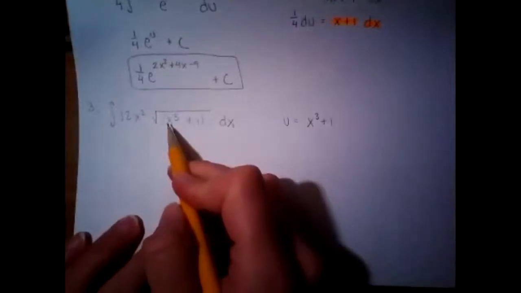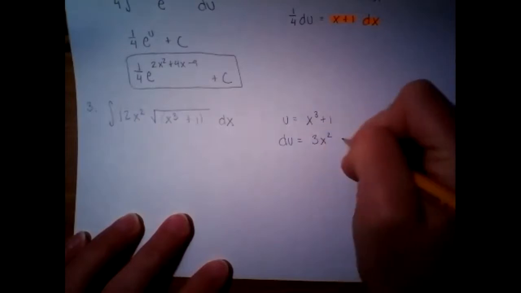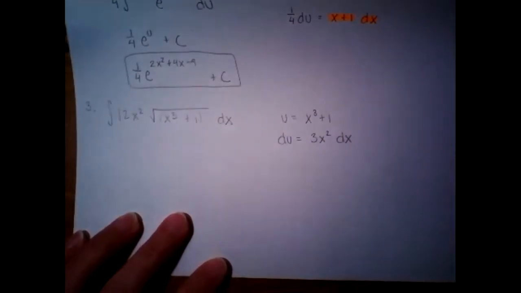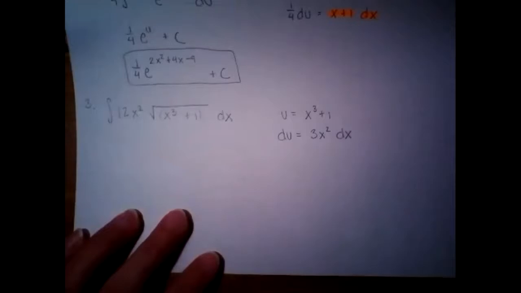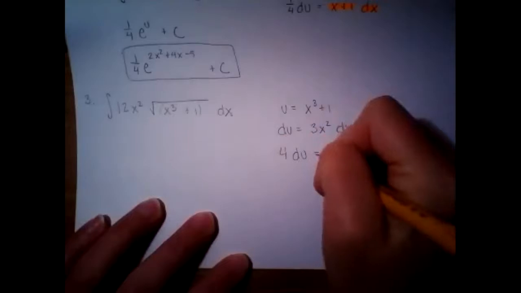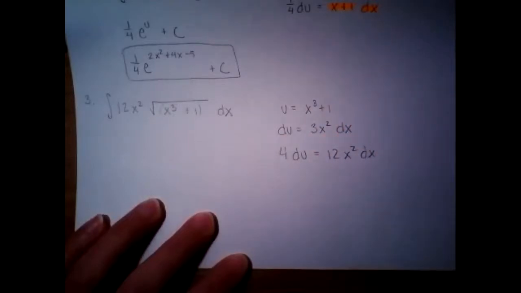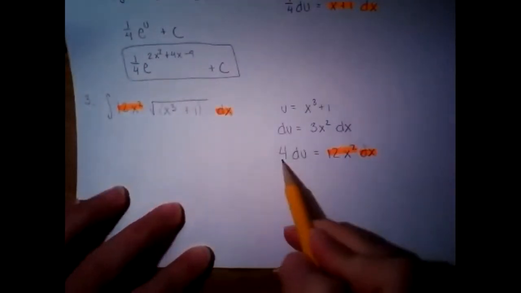Okay, so for this one, we're going to let u equal this stuff. And so that derivative is going to be 3x squared dx. And then you go and hunt for that in the problem. It has to show up. Now you may need to adjust, and you can only adjust like a coefficient. You can't adjust a variable, like you can never multiply by an x or something. But what are we going to need to do to this one to make it match what's over there? Yep, good, perfect, times 4. So 4 du equals 12x squared dx. And then if you want to highlight, you can. I think it helps. The 12x squared and the dx,